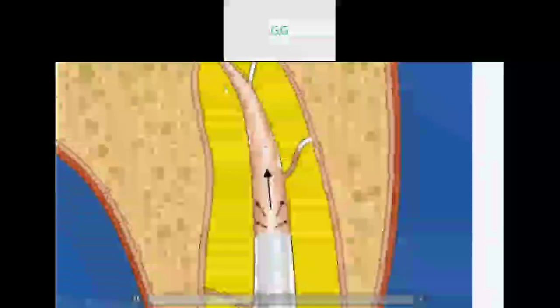And when we are doing this, we can see that some part of the lateral canals, also as quoted by Dr. Herbert Schilder, some part of the lateral canals gets slightly filled up with this gutta percha compaction technique, like we can see here. And this is how, when we reach the halfway or the midway of the root canal system, we need to take an X-ray to make sure how much compaction has taken place of the gutta percha. Now next, we continue to do so until we reach the apical 3 to 4 mm part of the root